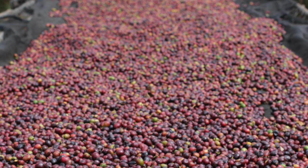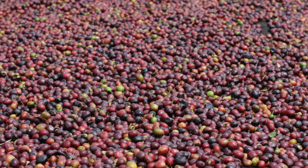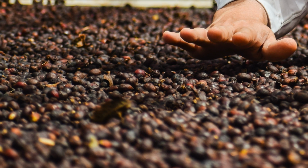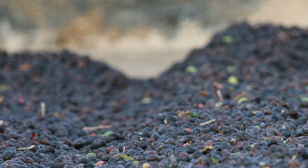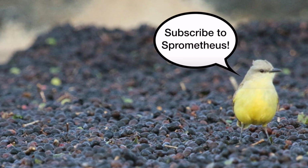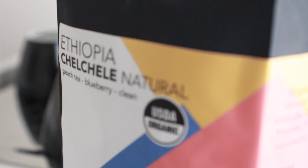The second most popular process is called natural, otherwise known as dry processing. Once the coffee is picked and sorted, the bean is left inside the intact cherry and dried carefully to avoid mold and over-fermentation. This allows sugars from the fruit to be imparted into the bean itself, and then after a varying amount of time, the fruit is removed from the bean. This process is known to create coffees with those intense, deep fruit flavors like strawberry and blueberry, but they've also been described as fermented and wine-like. Obviously, it's not really delicious like hot chocolate or Coke, but for wine...